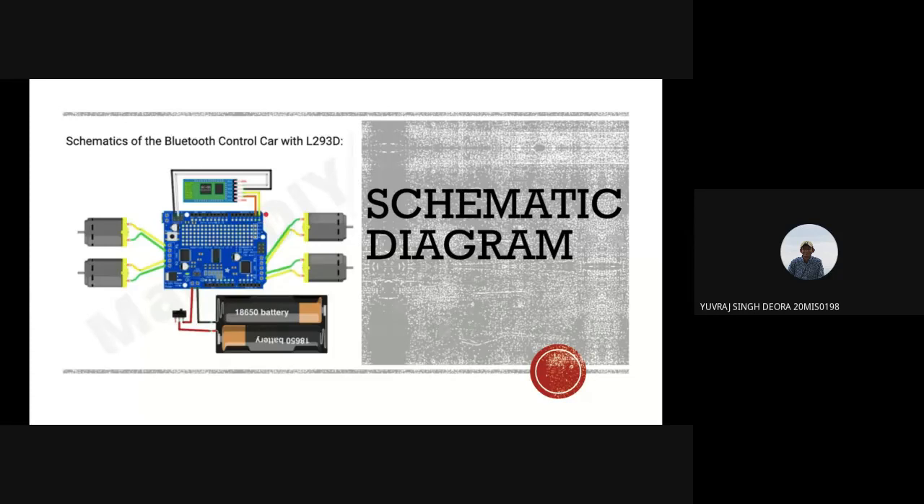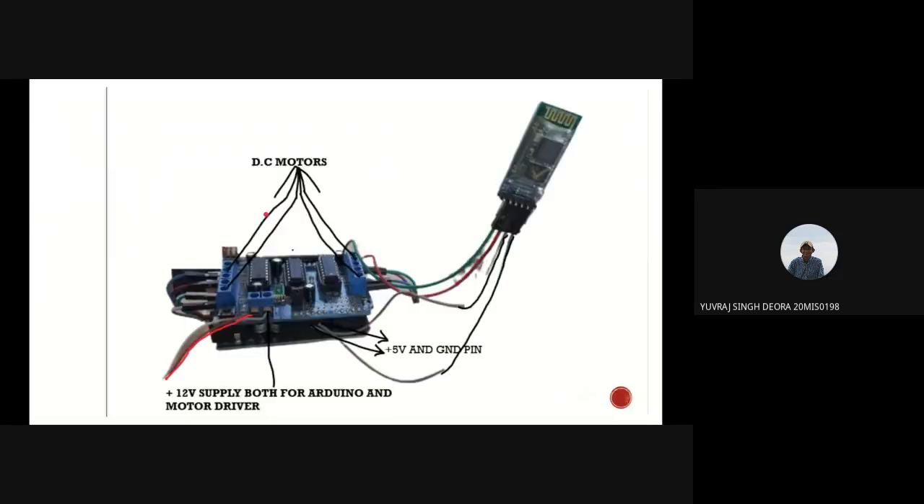So let's see how I made these connections in real. So as you can see, these two pairs of wires I have used for motor one, these two pairs for motor two, these two pairs for motor 3, these two for motor 4. So motors are connected easily, and you can see my Bluetooth module HC05. To power this Bluetooth module, I have taken +5 and ground from my Arduino itself,